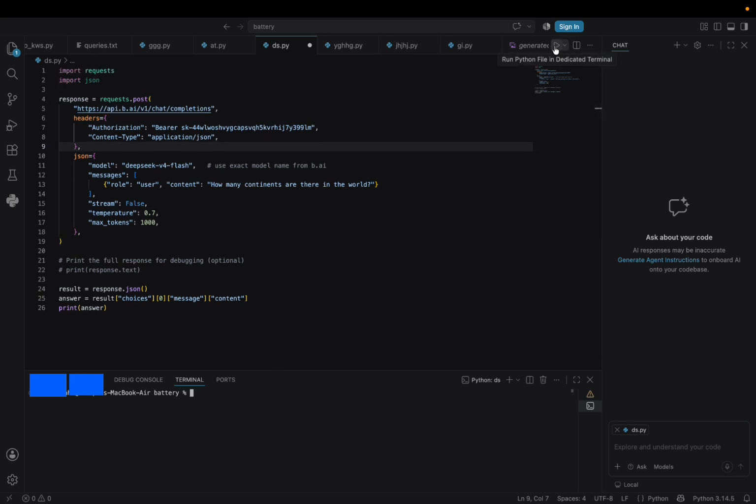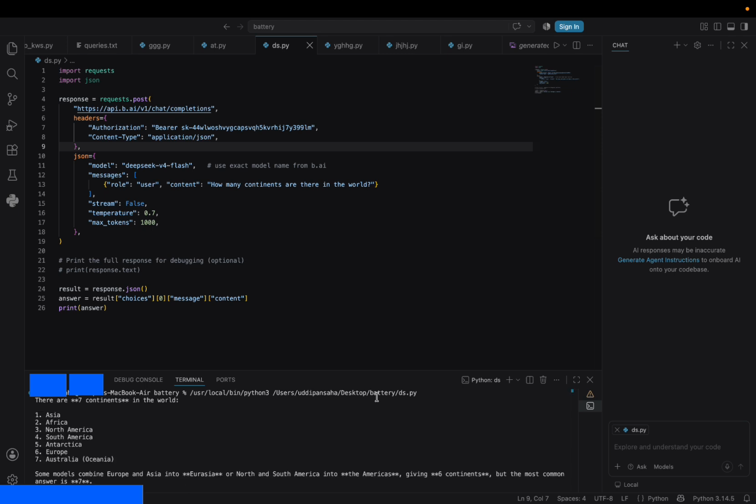I'm using VS Code. You can use anything. Look, the answer is there. 7 continents. So this model is working. You can use this model